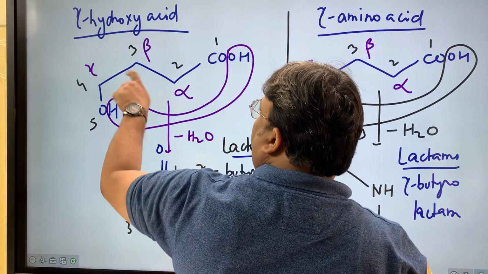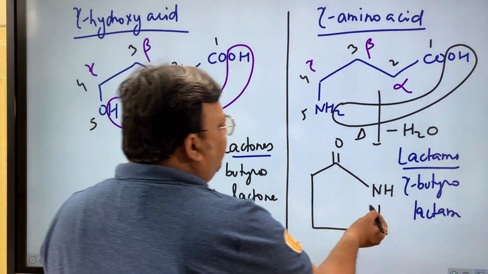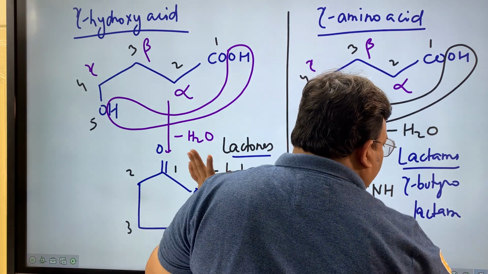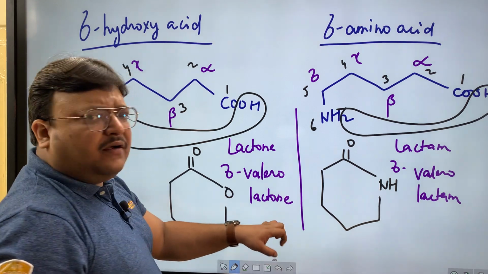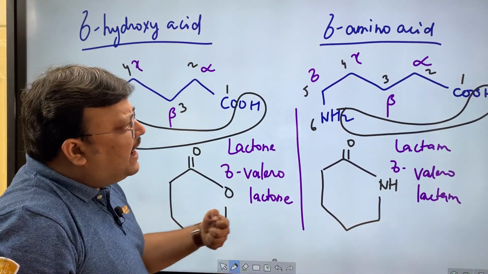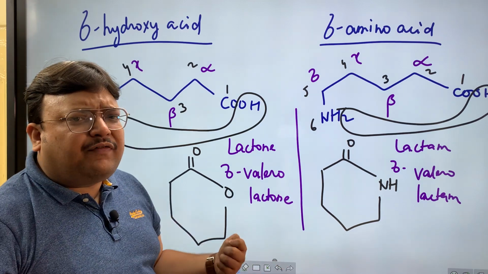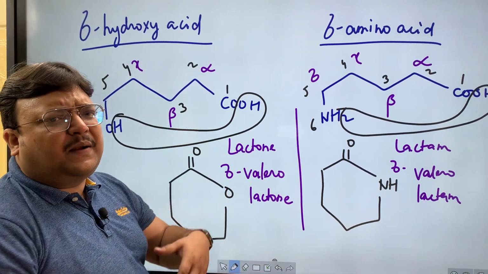Something very similar was happening with gamma hydroxy, which was giving you a 5-membered ester or a 5-membered cyclic amide. It will happen even better in the delta valero case, because a 6-membered ring is even more stable. This is happening for even the next carbon. Also alpha, beta, gamma, delta will do, but suppose you are given a case where they are further apart,